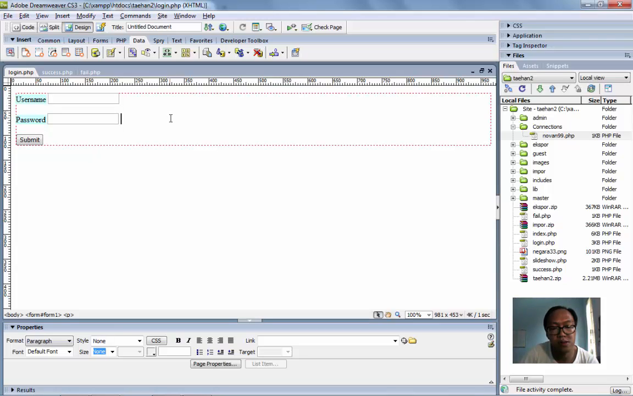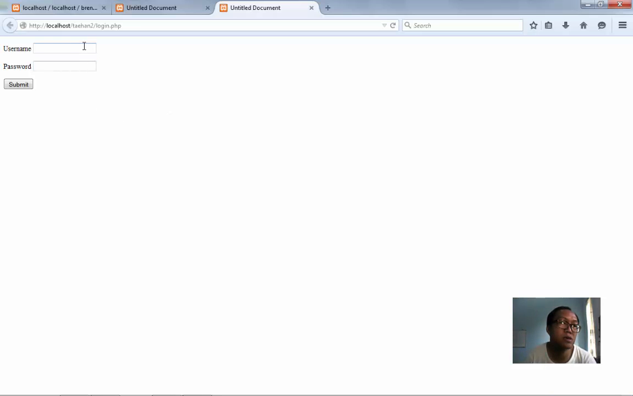After that, you can press F12 on your keyboard and test it. For this username, I'm using Novan99 from the table, and the password is admin. Then you can click submit. Test it. Yes, the page is a success. Click go back. If it doesn't succeed, for example with a wrong password, you can submit and your login has failed,